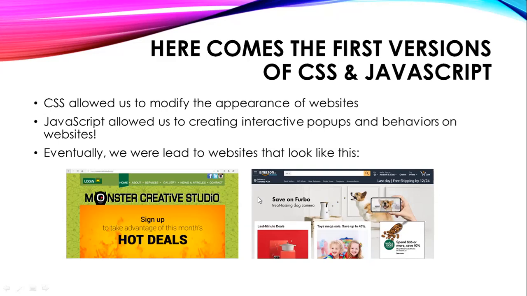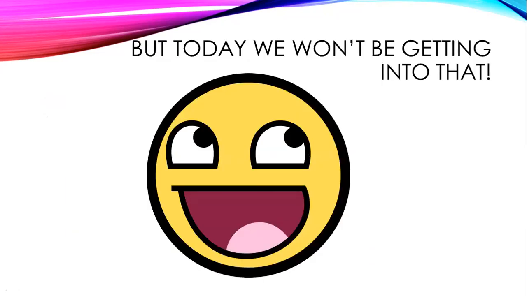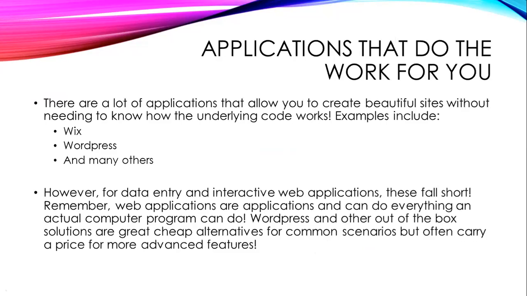Like if someone clicked on something wrong, you could pop up an alert. You can do computations in the background in your browser, like have a calendar app without having to send information to the user. It just added functionality. But we're not going to be getting into that because I think for now that's enough. There'll be other meetups that go into that a little bit more. And on a side note, there are other applications that allow you to create beautiful sites without needing to know how the underlying code works, like Wix and WordPress. I think that you should use these whenever possible. A lot of people like to code things from scratch, but my mentality is don't recreate the wheel.